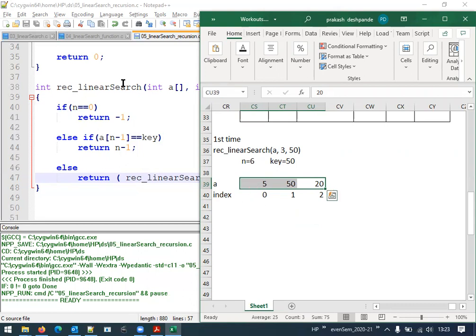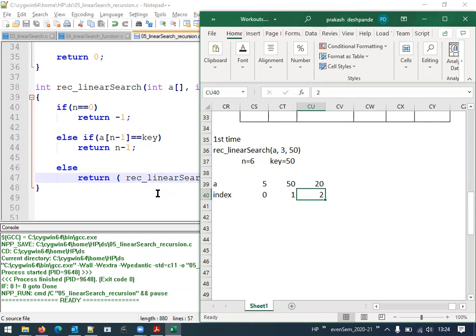In the recursive program, first we check whether the last element is our key element. If so, well and good, the search is successful, return its index, that is n-1, right? When the number of elements is 3 and the third element itself is the one we are looking for, then obviously 3 minus 1, that is the index value, we will return. So the statements are written accordingly.